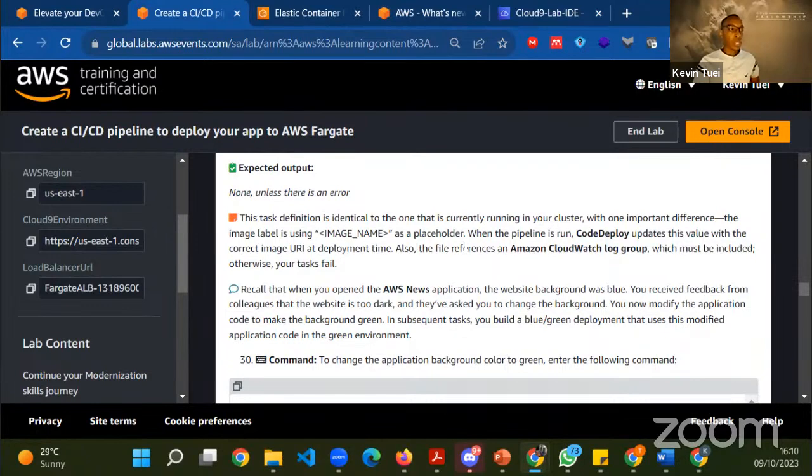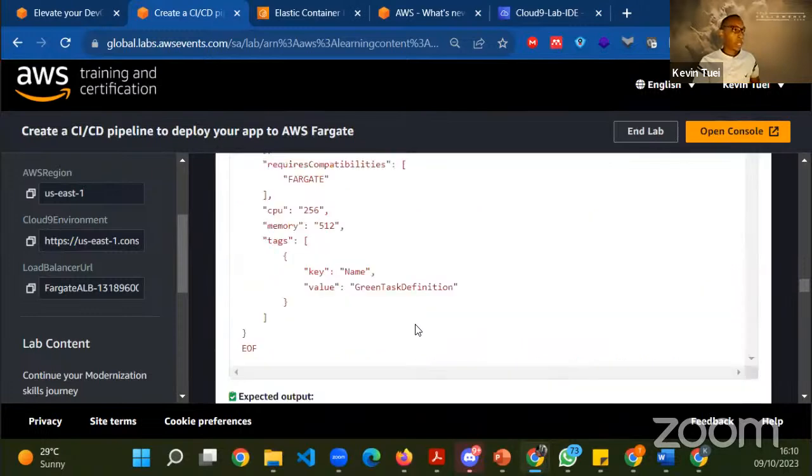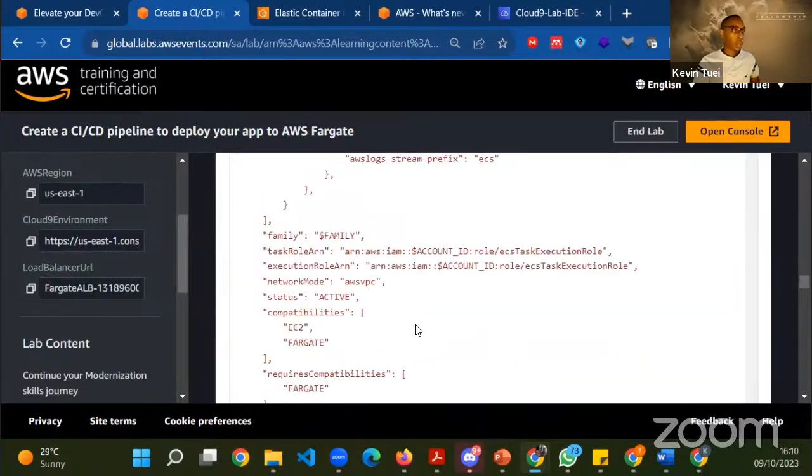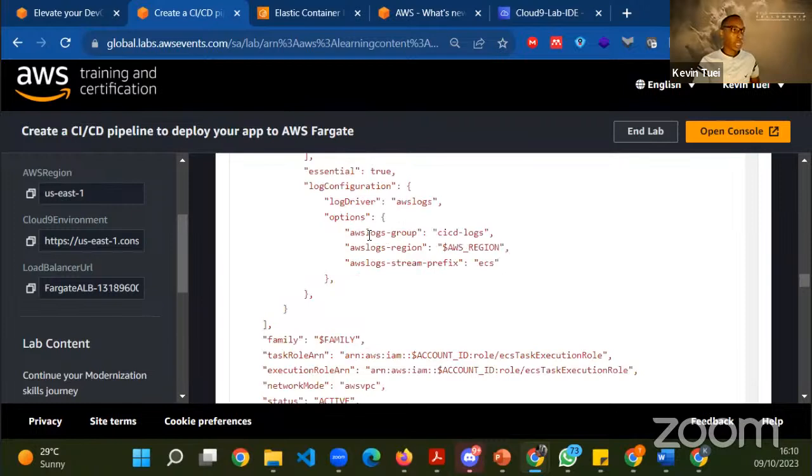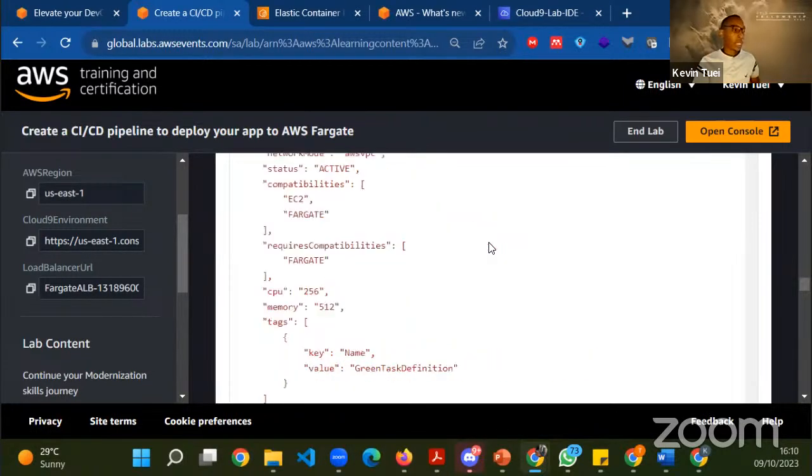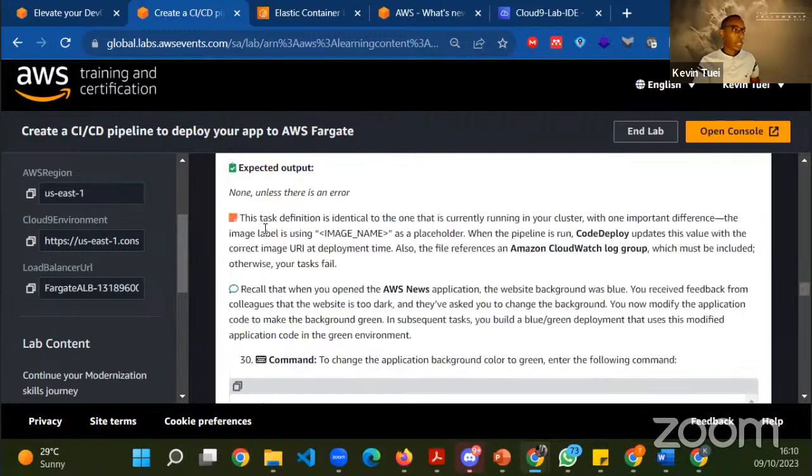So also the file you reference an Amazon CloudWatch log group, which must be included, otherwise different tasks will fail. So you can see that is why it is using that log group CI/CD logs, and you can even check that out. And then